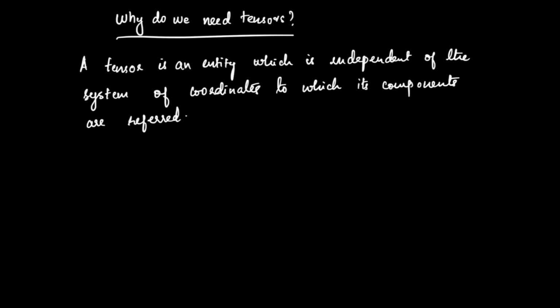So any other quantity that is not possessing these invariance properties just cannot occur in the mathematical representation of the physical law. So if you consider scientists sitting at different places and measuring the quantities with their own instrument, then each one of them has chosen a frame of reference that is independent of others. So the measurements made by the different scientists should not differ. Within the limits of the experimental error, there can be slight variations, but the physical quantities should have the same value, should not differ too much.